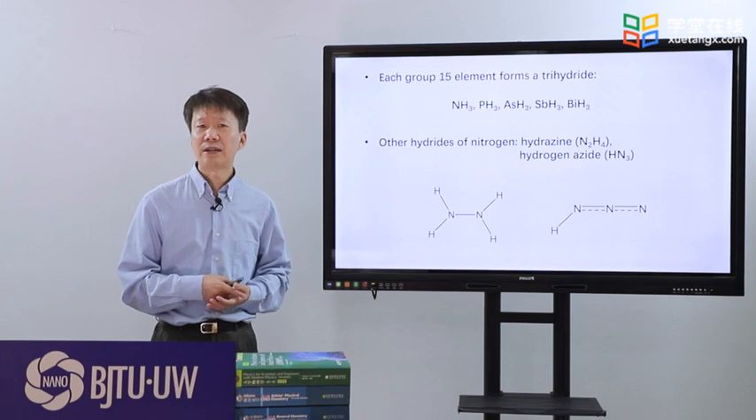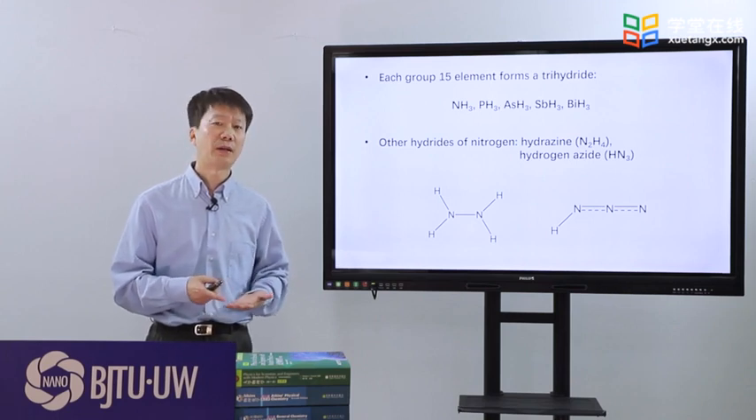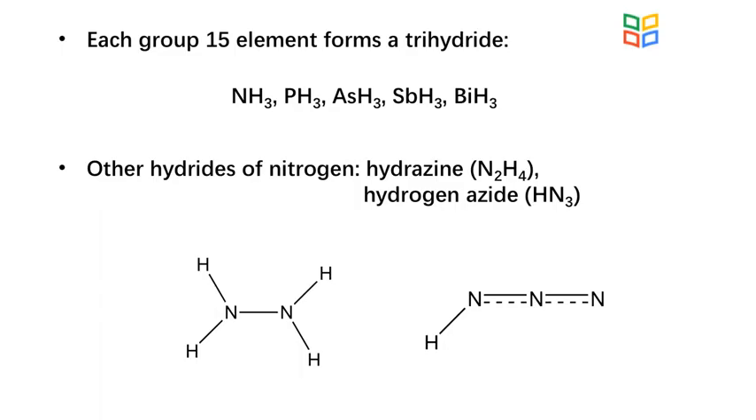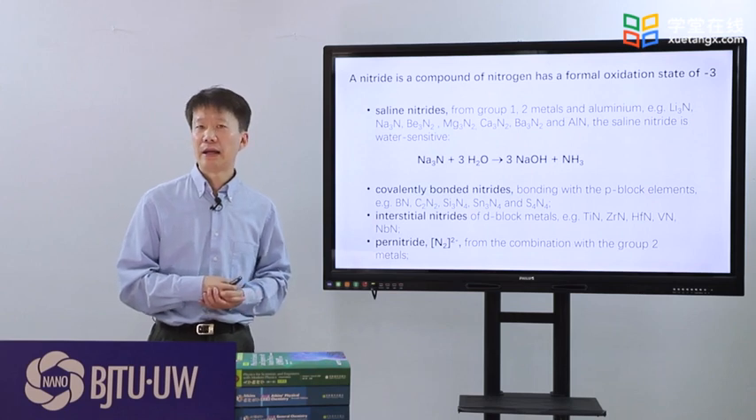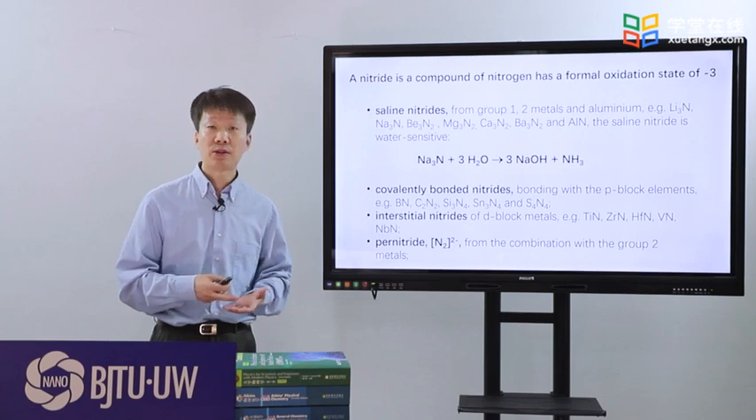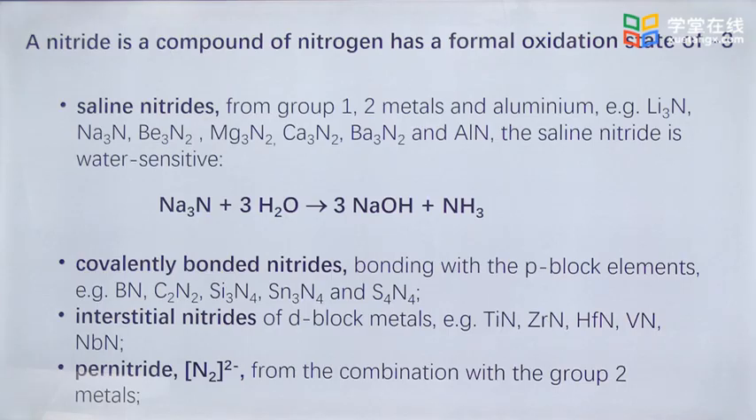Hydrogen azide is a colorless liquid prepared by reaction of sodium azide and acid. In the laboratory, we have to handle azides very carefully because they are explosive. A nitride is a compound of nitrogen with a formal oxidation state of -3. The nitride ion, N3-, does not exist because it's so basic that it would be protonated to form ammonia and